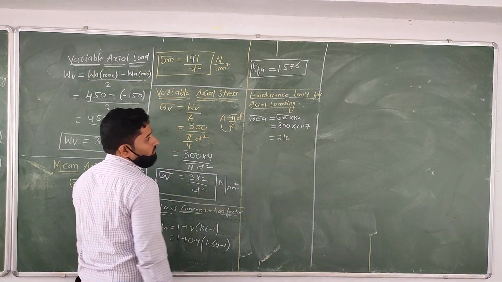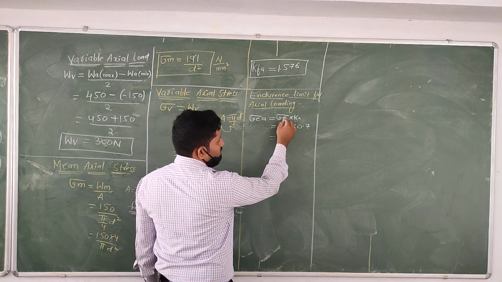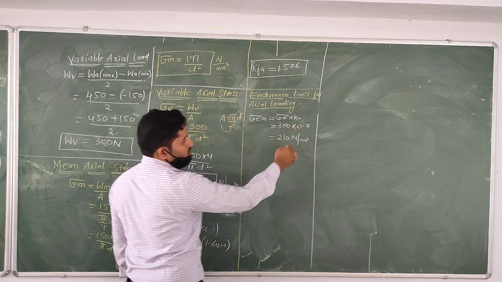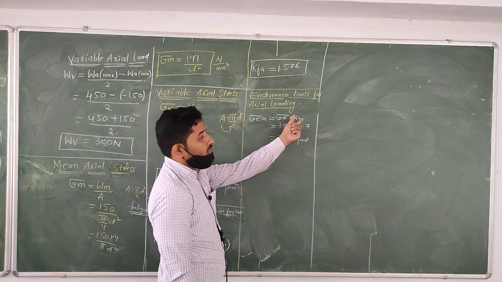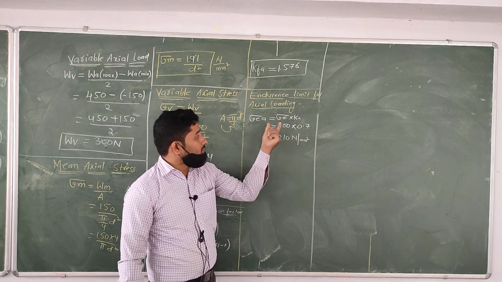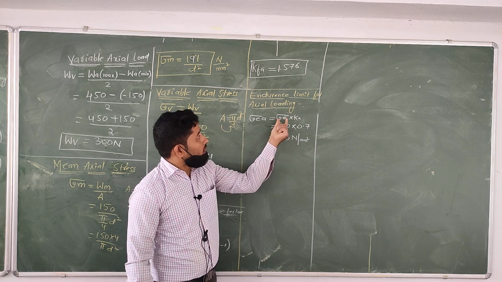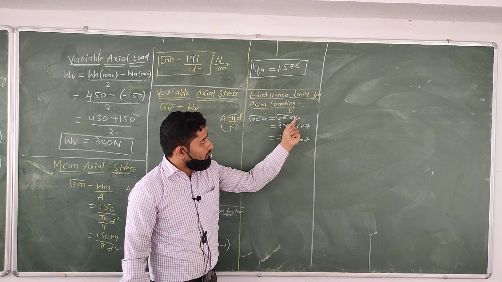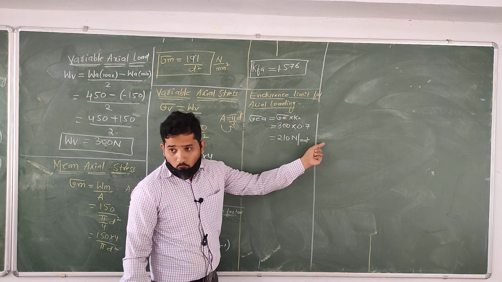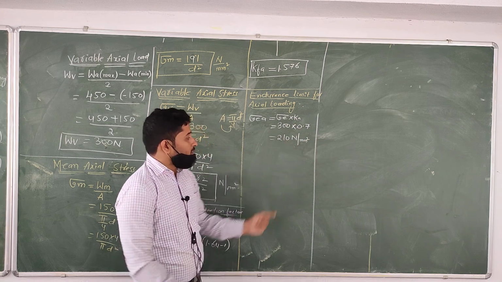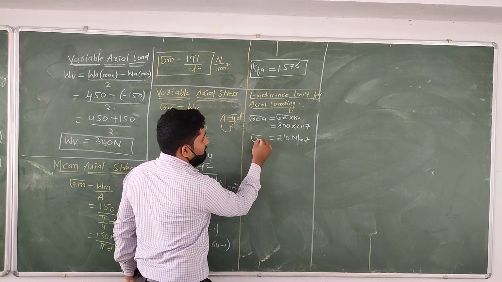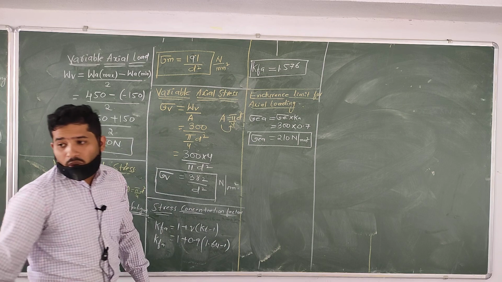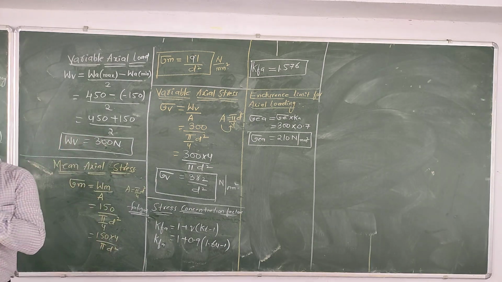Then what will be the unit? The unit of this stress is Newton per millimeter square, but the correction factor Ka value doesn't have any unit. For that reason, the endurance limit has the unit Newton per millimeter square, into no unit. Is it right? That's what we are representing as sigma EA should be equal to 210 Newton per millimeter square.